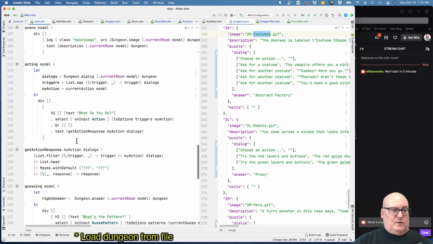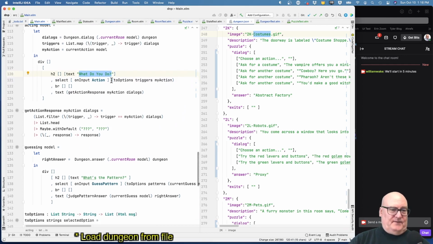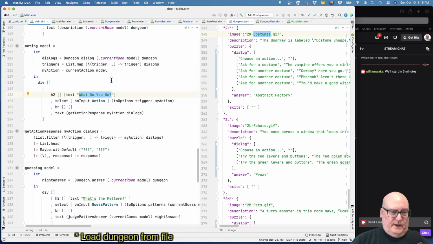All right. So each one of those produces objects. This H2, div, br, they're Elm analogs for many of the HTML tags. So we can put stuff in our display. Okay. And so when I say, hey, we've hard-coded text for the headers, here's an example of that. We've got an H2 and the text is, what do you do? Okay. So what the bottom of this is, though, is that